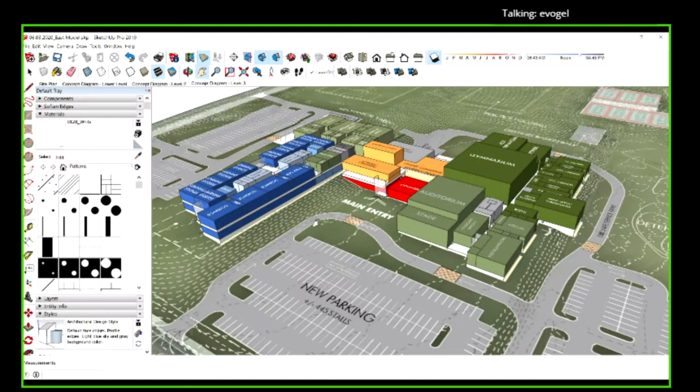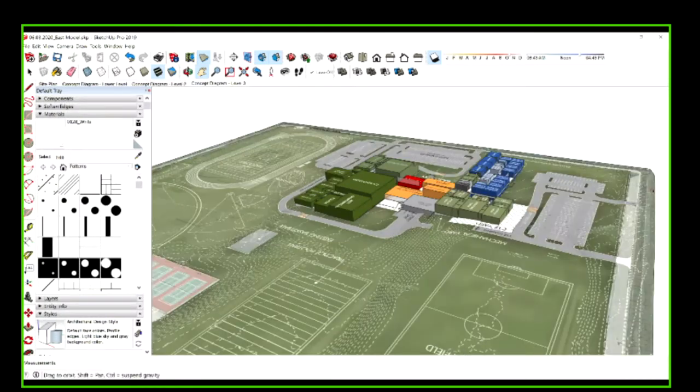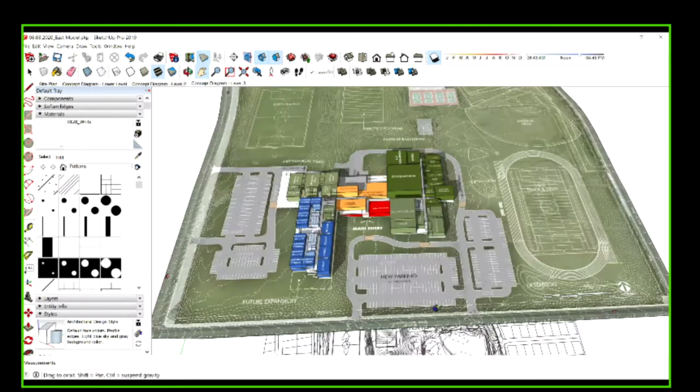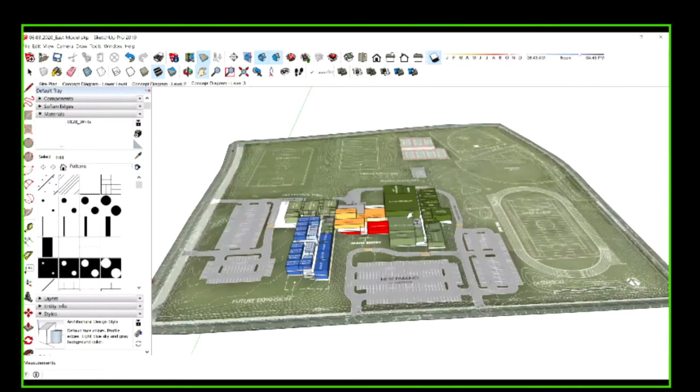Let's pan around a little bit there, so you can see how it kind of steps into the hill. So we're trying to take advantage of the hill. I think it works well. I also think it's a nice differentiator between Centennial East. It's just another way for the buildings to look a little different and not feel prototypical, even though, from the air they will be.